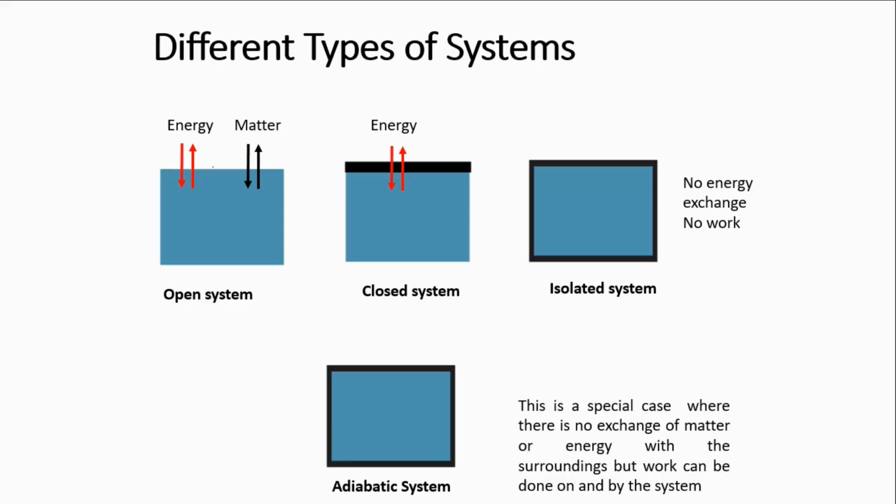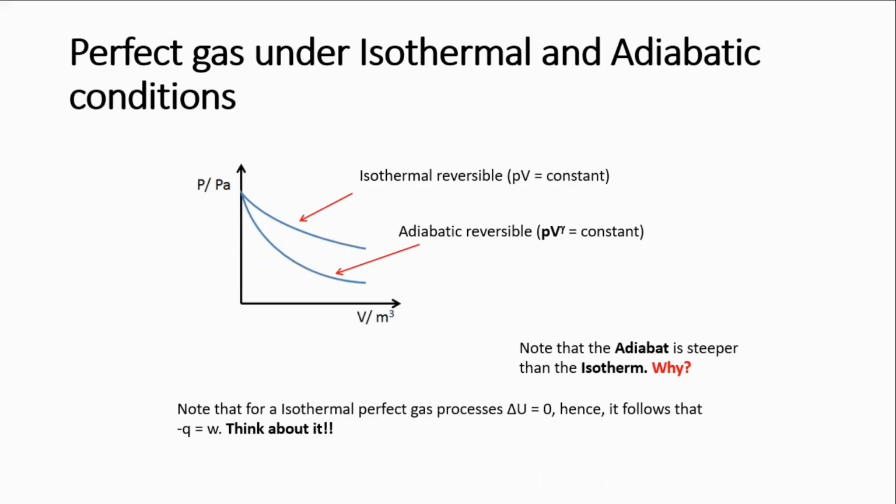Then we also have now a special system called an adiabatic system. Right? It's called an adiabatic system. Now, this is a system which is unable to exchange heat energy with its surroundings. However, this system can do work. It's a very important system. So it is unable to exchange heat energy, that is, no heat energy can enter or leave such a system. However, it is able to do work. Alright, and these are the main types of systems.